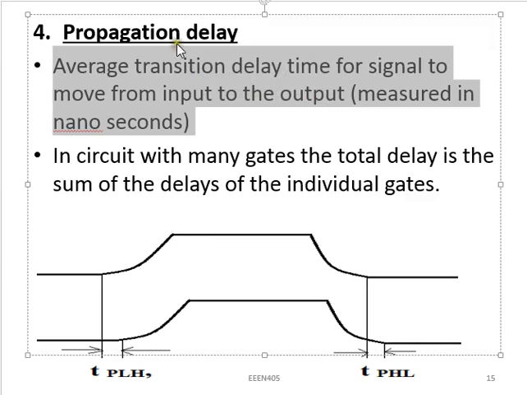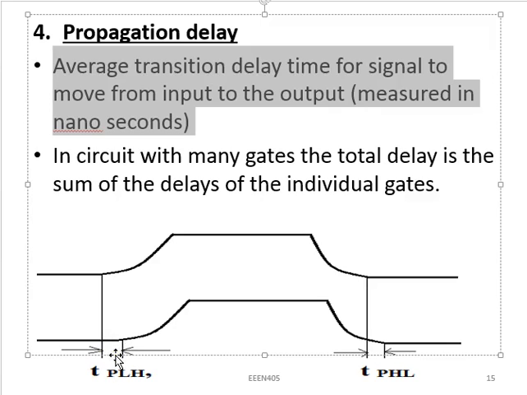And for us to illustrate this propagation delay, let us assume that this is our signal that is being delivered to the input of the gates, and this is the one that is coming out after it enters the gate. So if you look at this, this is where the input signal started rising from low to high, and the one that is coming out will start rising from this point. And if you compare the starting point of the input and the starting point of the output while rising from low to high, you can see that there is a point, the time difference, and this is our propagation delay